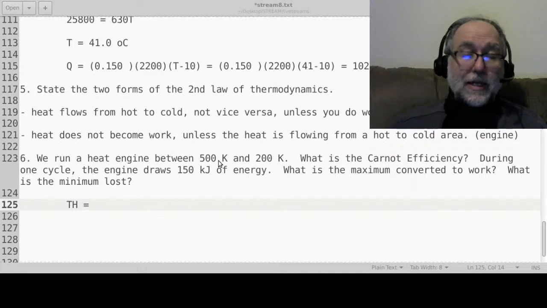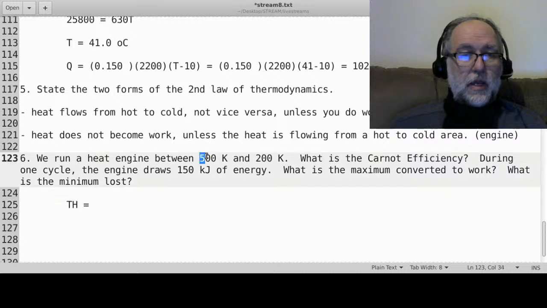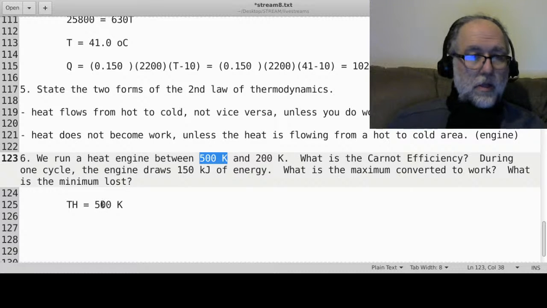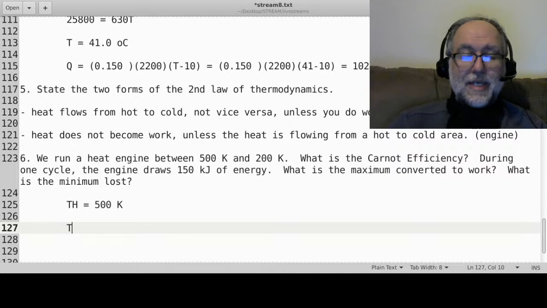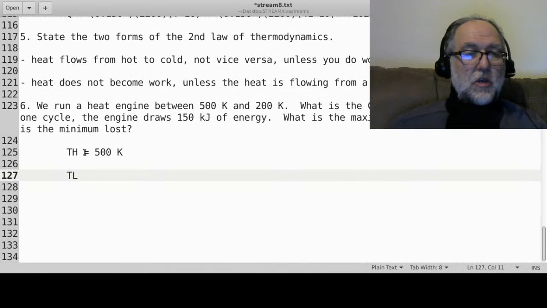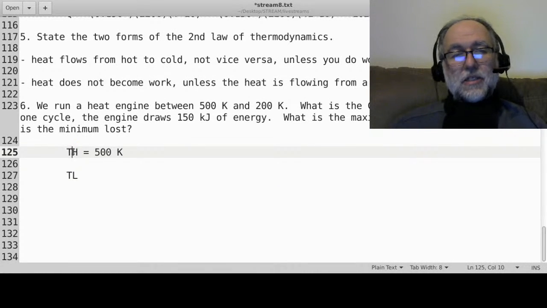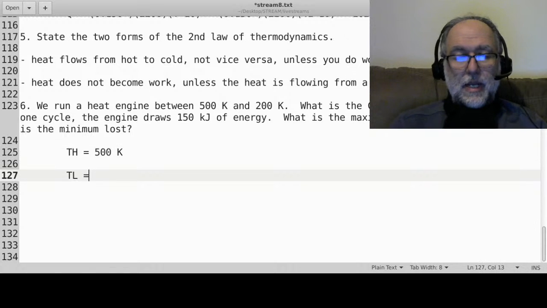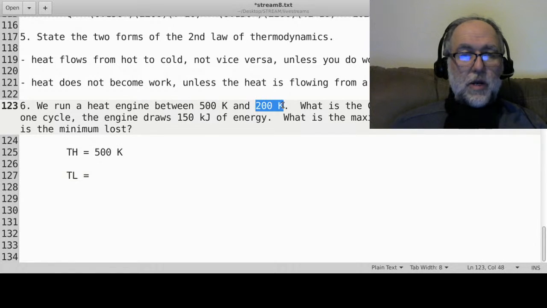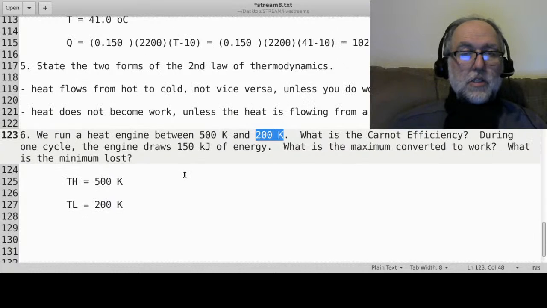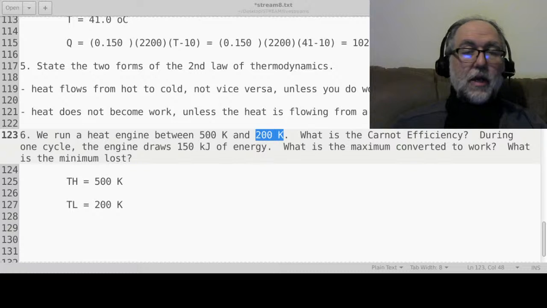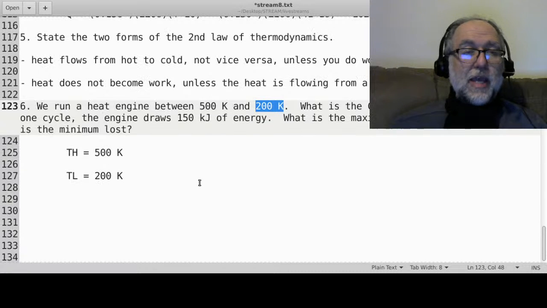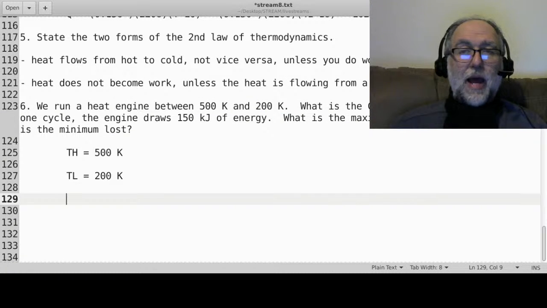So there's a hot, which is 500 Kelvin, and there's a cold, which we call T low. Usually, H means hot, a high temperature, and T low is the low temperature. Here, that's 200 Kelvin. So we have two regions of space, one at a high temperature, 500 Kelvin, another at a low temperature, 200 Kelvin. If you run a heat engine between them, you can get a maximum efficiency given by what's